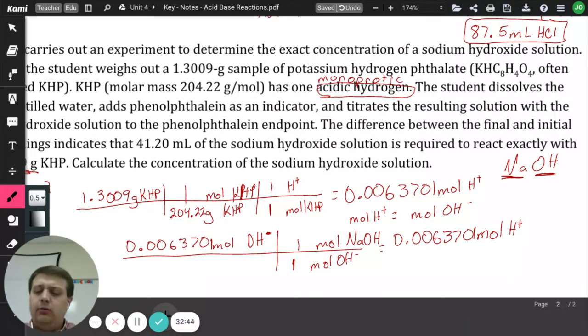So now what do I do? Well, remember molarity is moles per liter. But this is my number of moles in the volume that I have. So I know that I needed 41.20 milliliters of the sodium hydroxide solution. So I have this many moles in that volume. So I'm going to take this, because it's moles per liter. It's moles of solute over liters of solution. So I have per liter, which would be